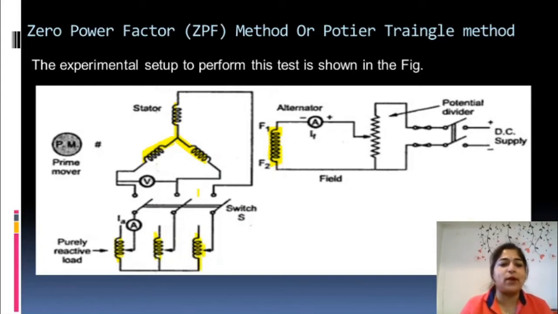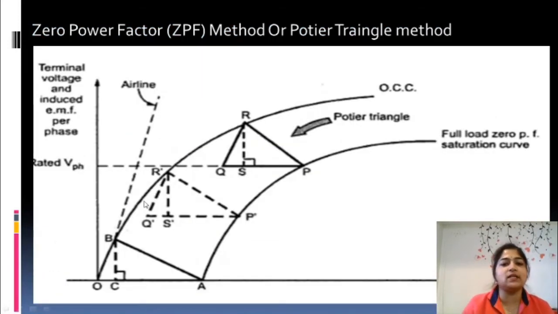Now prime mover will be there to give the mechanical energy. In our laboratory setup, as we use a DC motor as prime mover, the DC motor gives the mechanical energy to the alternator, and the alternator moves. Field circuit is there to give the magnetization, and hence the EMF gets induced. When we connect a load, we get current flowing through the load. Okay, now this is the experimental setup.